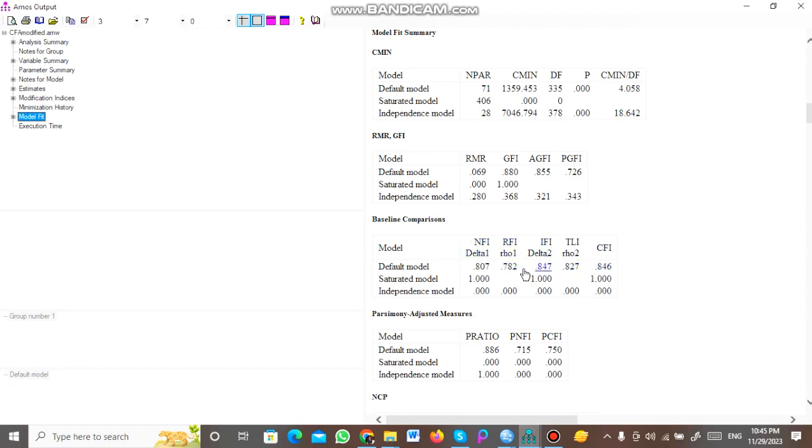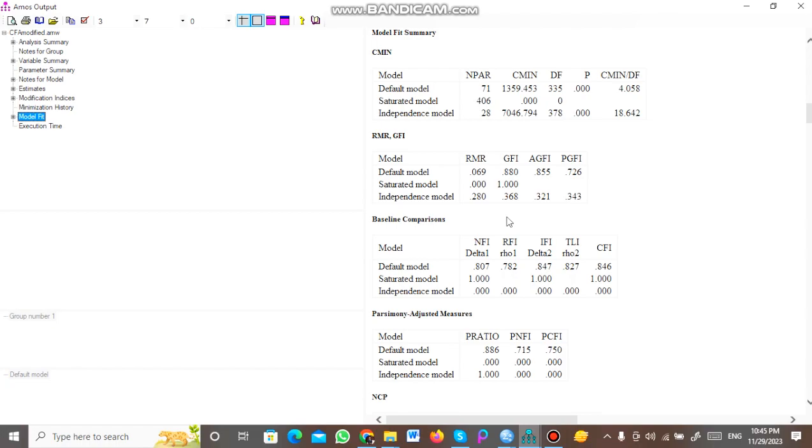Also, we have the adjusted GFI, and we also have GFI not reaching 0.9. So all of these figures show that the model still needs to improve, and one of the ways to improve